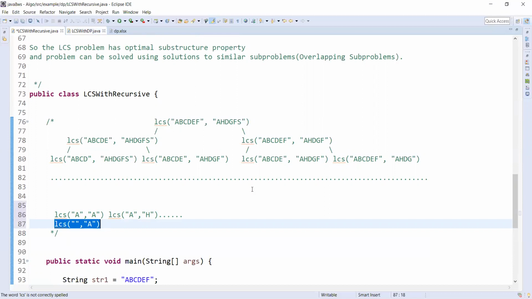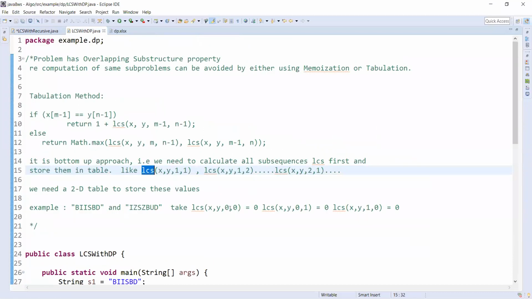That means if m is 0 or n is 0, the value is 0. For all m equal to 0, this is 0, and for all n equal to 0, this is 0.